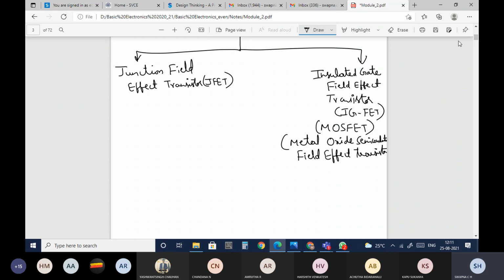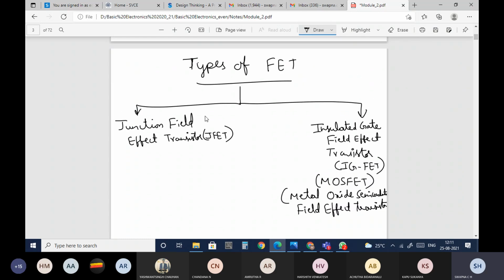So the field effect transistors are divided into two types: junction field effect transistor and MOSFET. Again, the junction field effect transistor is divided into two types: N channel JFET and P channel JFET.